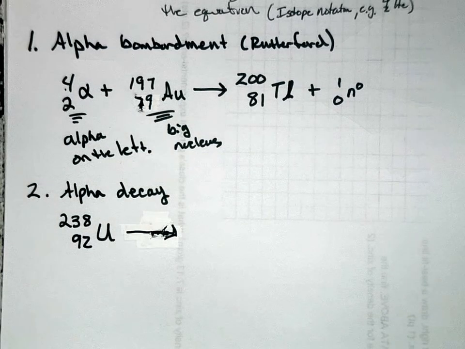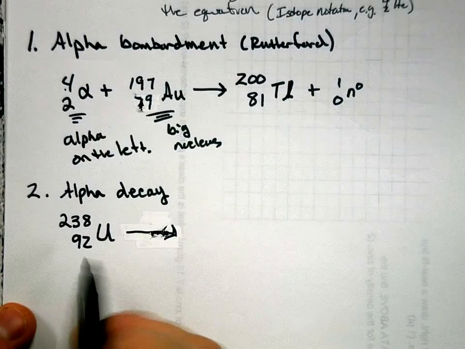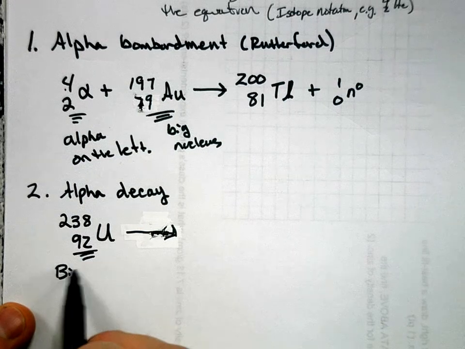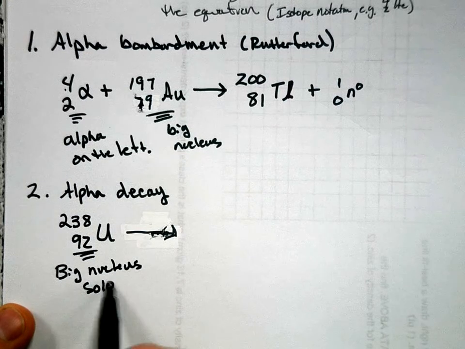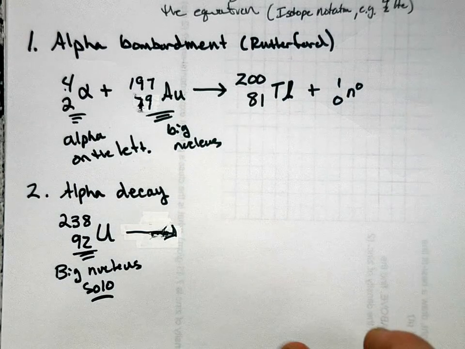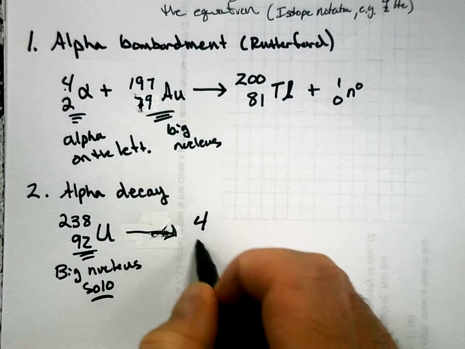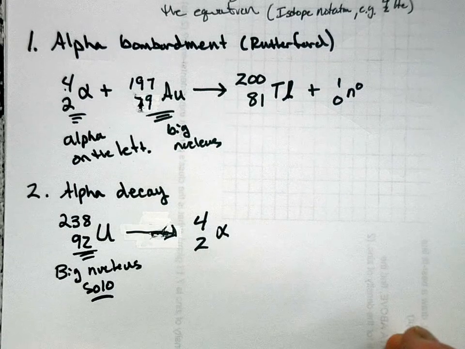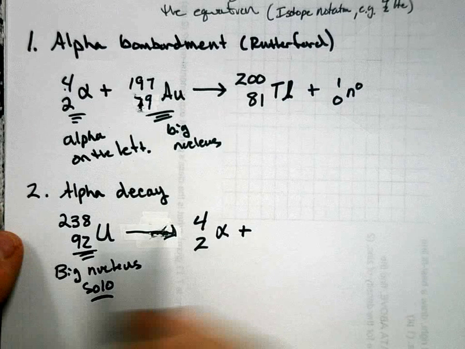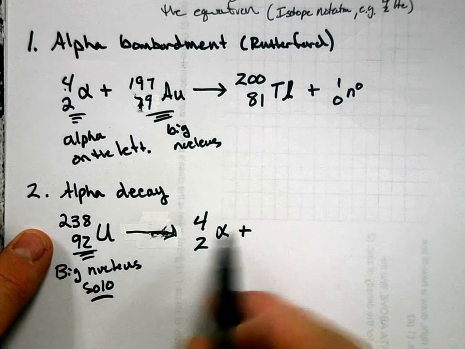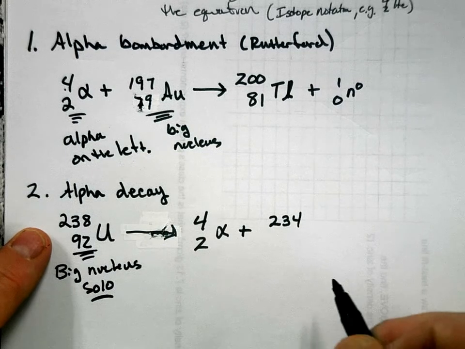Okay, a uranium by itself. A big nucleus by itself, solo, releases an alpha particle and creates 238 minus 4, 92 minus 2,